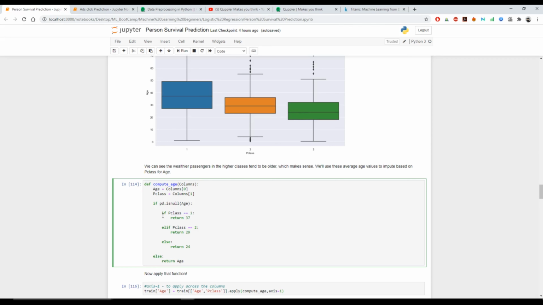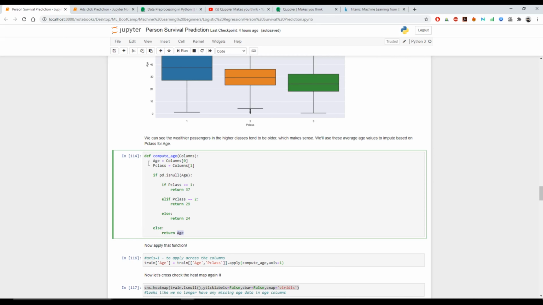This is a small logic to pass the average age. If the age is missing, then based on the class we return the average age. If not, we return the actual age of the passenger, which is already there.